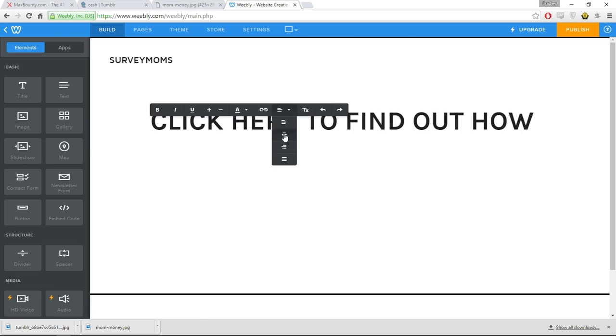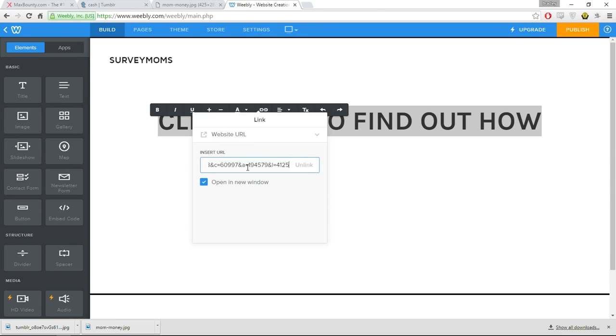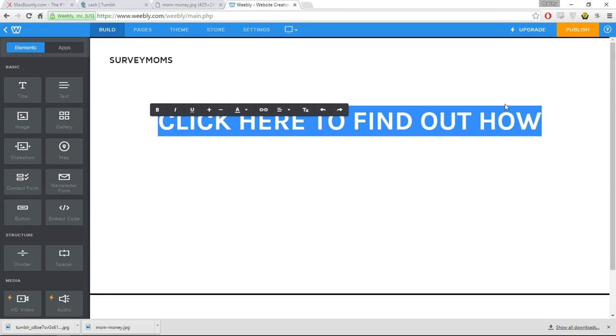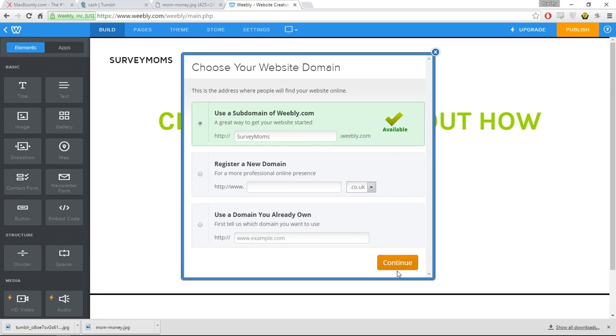Then what I'm going to do is make that central. Highlight it, website URL, and here I'm going to copy in our Max Bounty link. It's going to open in a new window. I just want it to open in the same window, and that's basically all we need to do. I'm going to click publish,